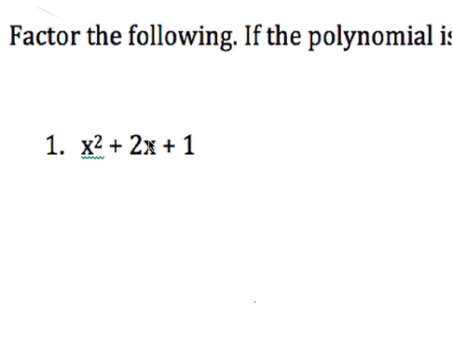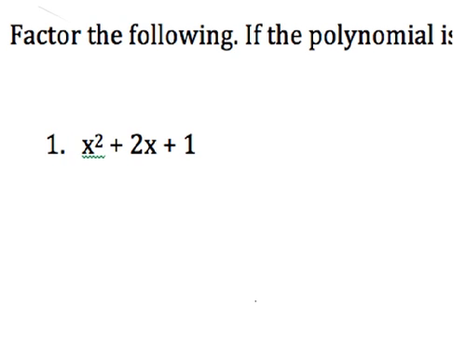Each term has the variable, in this case x, to a different exponent. So we've got x squared, x, and then the plus 1. That's the polynomial. We got here from FOIL. And if we remember the first, outer, inner, last, when the number in front of the x squared is just a 1,